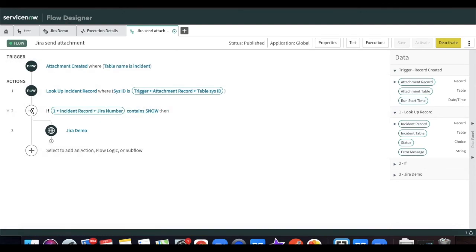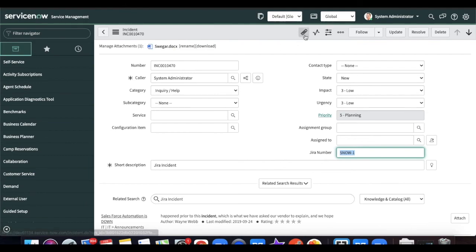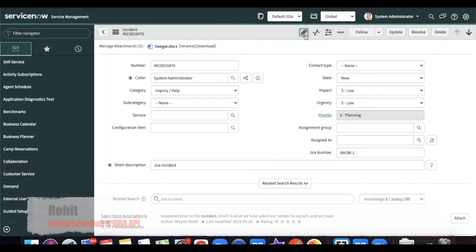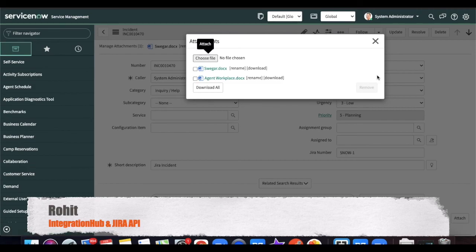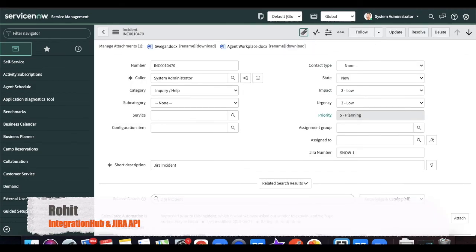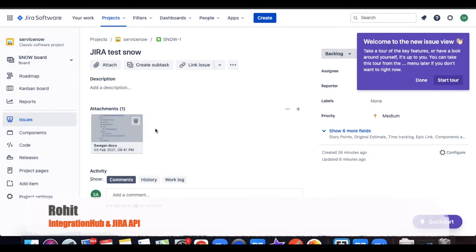Okay. So let's put the attachment once here. I'll put one more attachment quickly. I have just put an attachment here, this agent workspace attachment, and once it is attached, it should be available under this Jira board or this ticket.